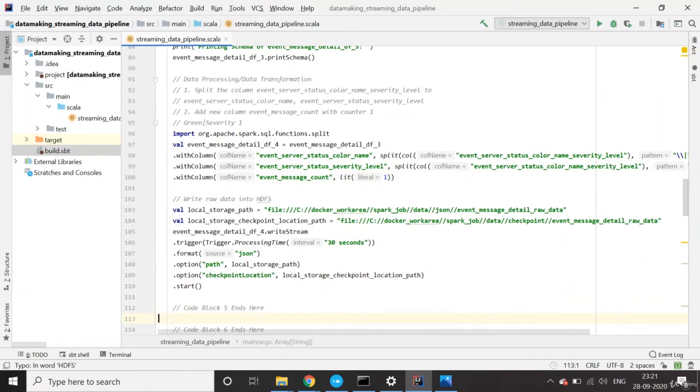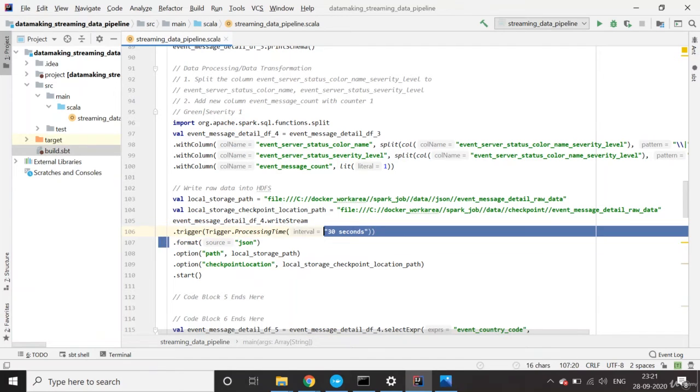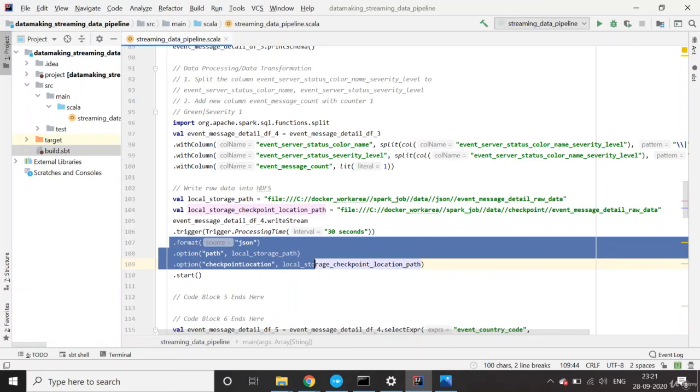Okay, now we want to write this data, which is raw data, almost pre-processed raw data, into our storage layer. For now, I am writing into HDFS. When you run this program, it is in local storage, so I will be writing into a particular location on my local storage. When you run it on a cluster, we can change it to an HDFS location. And this is the data frame, right? And you have to say writeStream with the batch interval. So every 30 seconds, I'm going to write this data in JSON format to a location, with a checkpoint location.